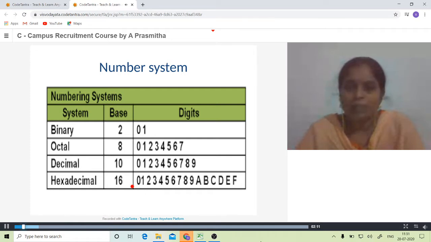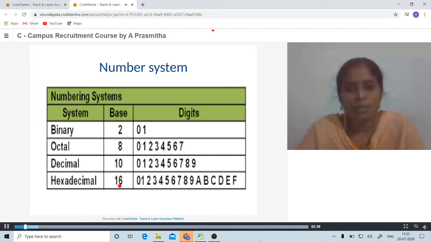Remember, because it starts with 0, there must be 16 numbers allowed. So 0 to 15 are a total of 16 numbers. Similarly, in decimal, a total of 10 numbers are allowed and we start with 0, so it ends with 9. In octal, a total of 8 numbers are allowed and we start with 0, so it ends with 7.